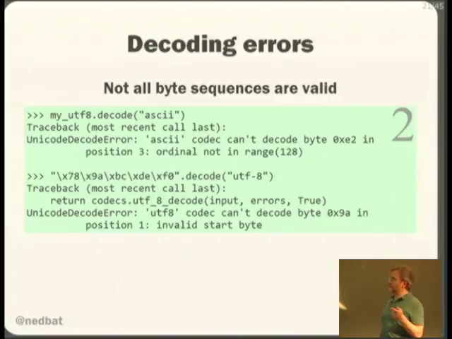You can even get errors decoding. If I take my UTF-8 string and try to decode it as ASCII, I will also get an error because UTF-8 has values outside the range of 127. And if I take random byte garbage and try to decode it as UTF-8, I will also get errors. There are invalid sequences in UTF-8, which, by the way, is one of its valuable properties. You can tell that you're misdecoding things as UTF-8 because not every sequence of bytes is valid UTF-8.